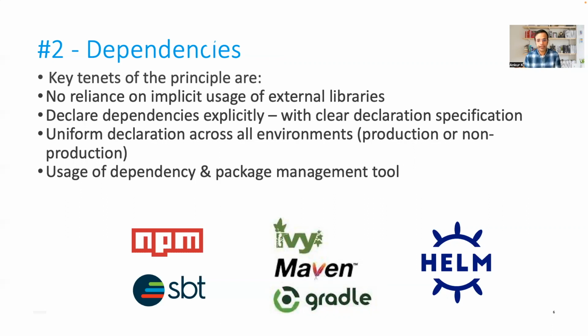That's why Kubernetes has also started using Helm as a package manager. So do not put your dependencies outside the code package. That's the key essence of this principle. You should declare your dependencies explicitly, and package them using the package management tool. In any modern development methodology, that's what is recommended,